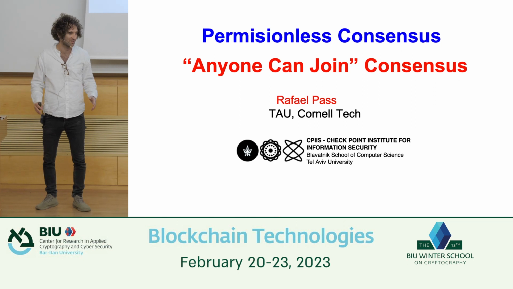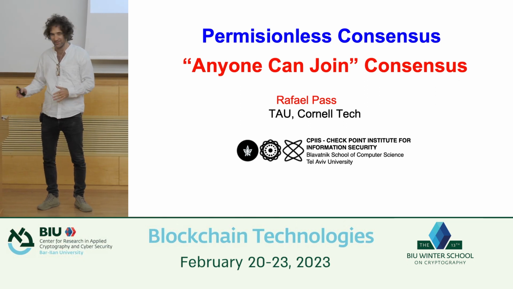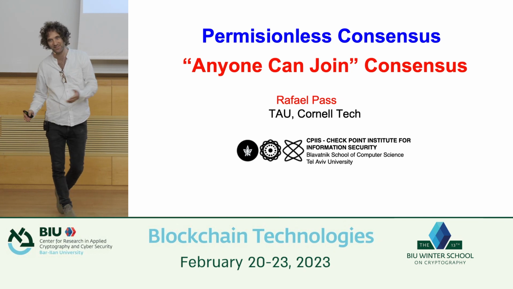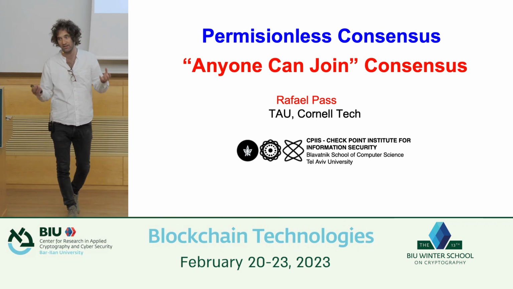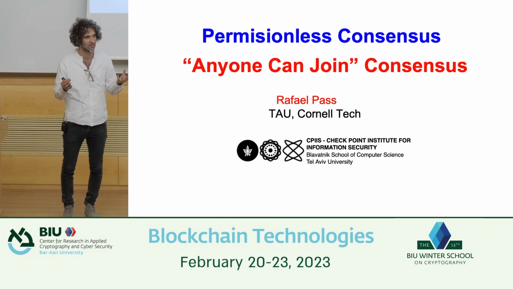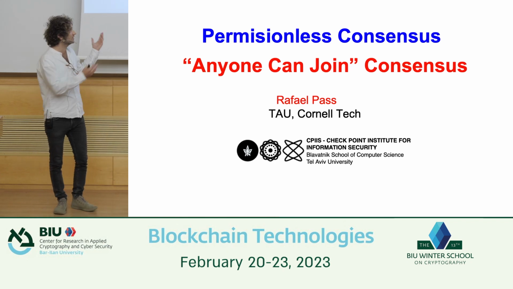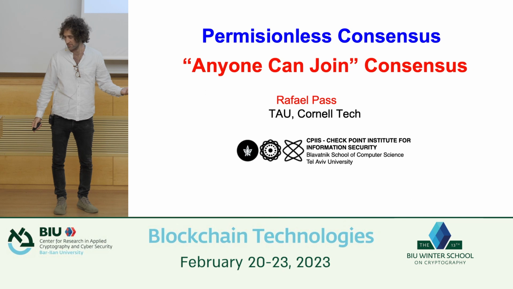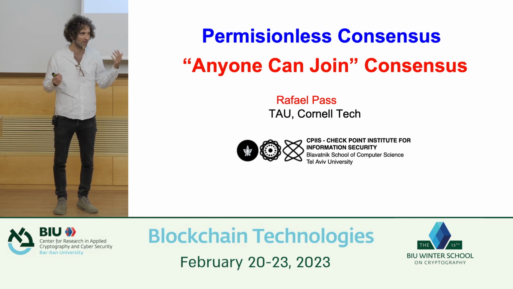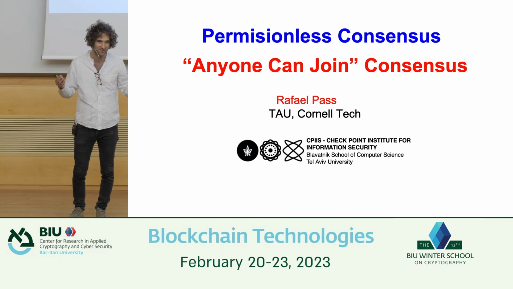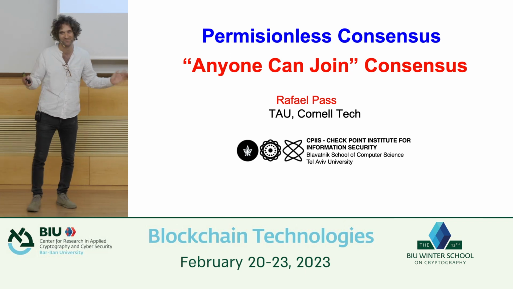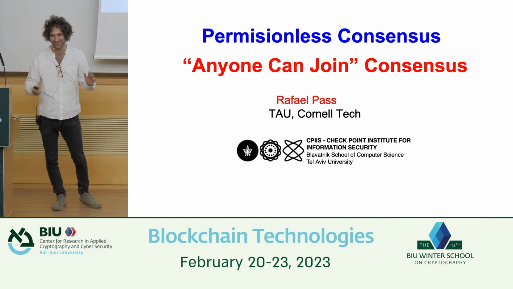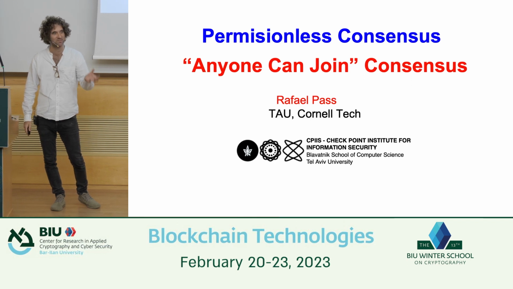I have a lot of slides to cover today in the next two talks. I probably won't be able to go through all of it. It's basically a whole class on consensus, so a lot of things are going to be pretty fast, but the goal will be to try to convey the high-level ideas and the key concepts that are involved in what's today called permissionless consensus. I just want to warn you, I might not get all the historical references right. I'm trying to cover a lot of material here, so if I'm missing some papers, it's not intentional. I really try to convey the concepts, and sometimes I'm not giving all the right references.